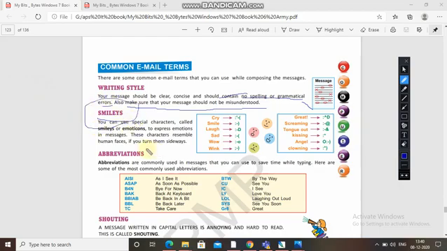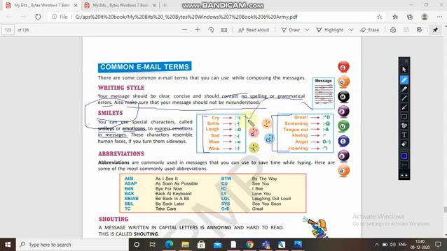You can use special characters, which are called smileys or emoticons, to express emotions in messages. If you want to show emotion in a message, like we do on WhatsApp or Facebook, we can see these emoticons.